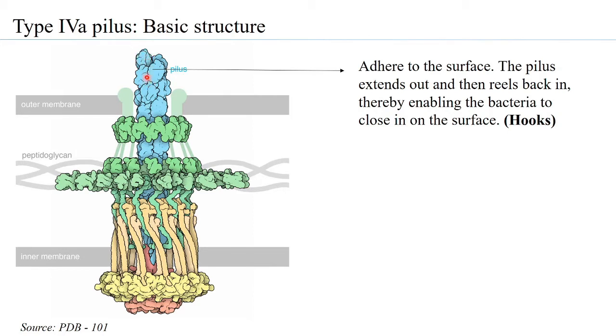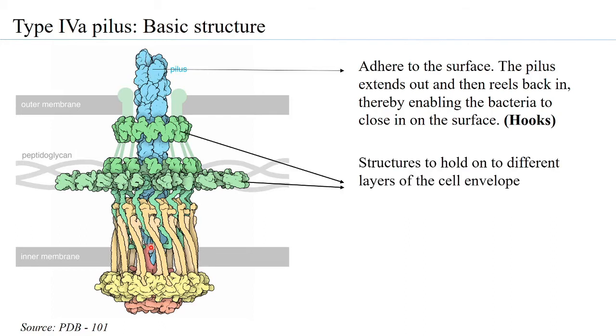Because it had extended, it was able to attach to the surface of the bacterium present over here. However, when this entire pilus structure retracts, or reels back, and since it is already attached to the surface of the other bacterium, what is going to happen? Because of the retraction, this membrane will go closer to the bacterium. So this retraction is going to bring that bacterium closer to this bacterium. You can see that this bacterium has moved, and so has the other bacterium, because of the pilus.